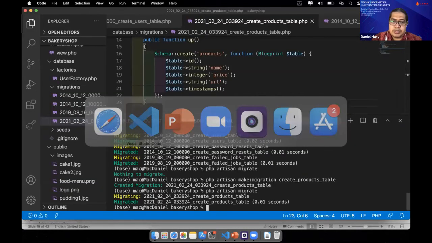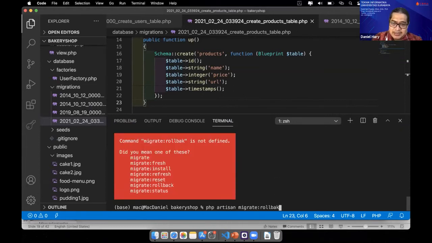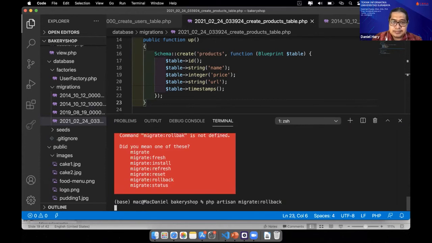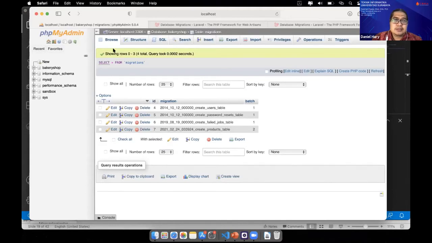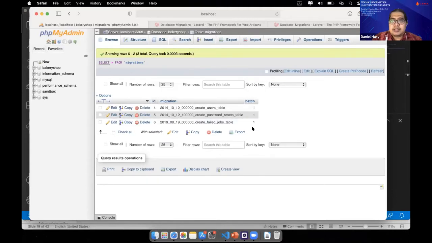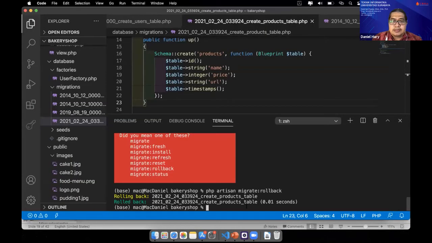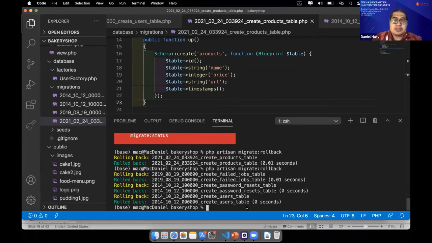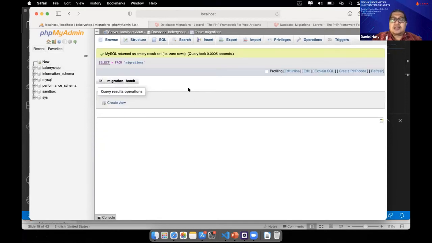For example, I will roll back. The second batch disappears, and also our products table disappears. And when we roll back again, the first batch disappears, the table disappears, and also the data here.